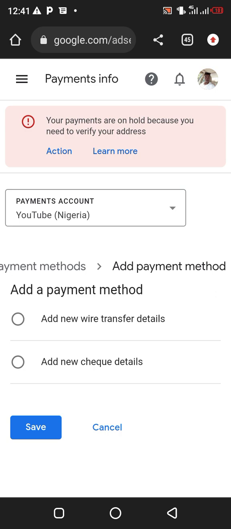Okay, here we are. It says add new wire transfer details, add new check details. This new check details is if you want to be getting a check. This wire transfer details is if you want it to be going straight to your bank account. It depends on the one that you want to use, the one that is easily convenient and available for you. As for me, I will go for this add new